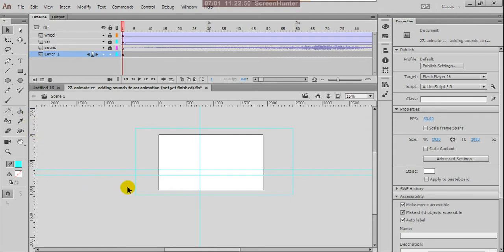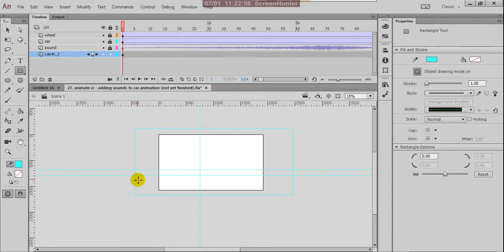Next, I want a road and some background. For that I'll draw this road area up to here.